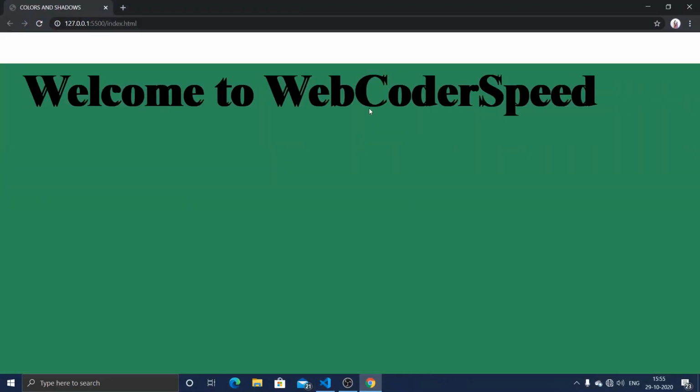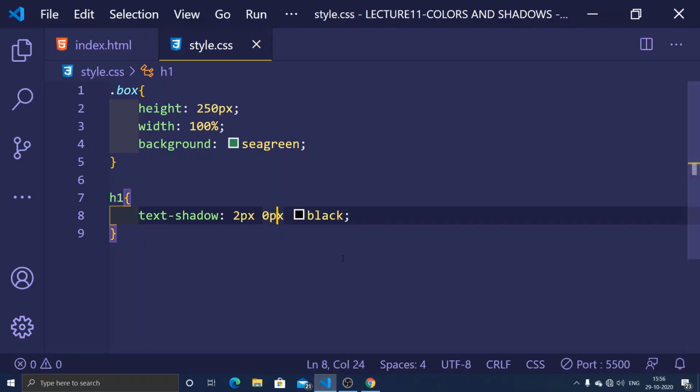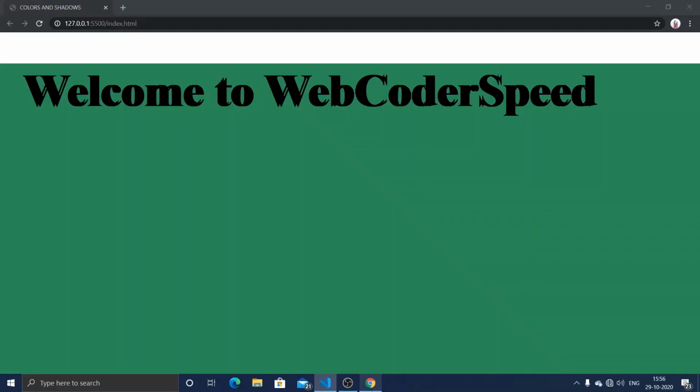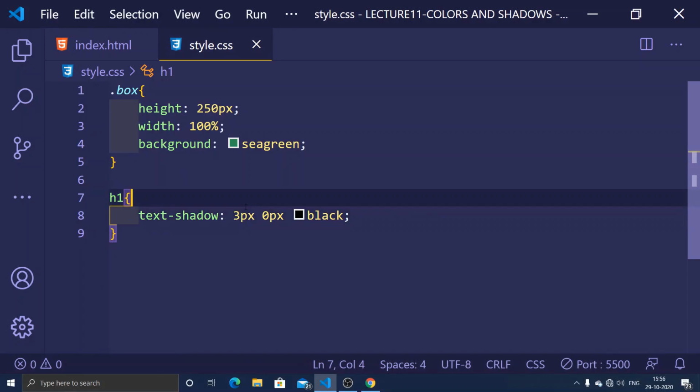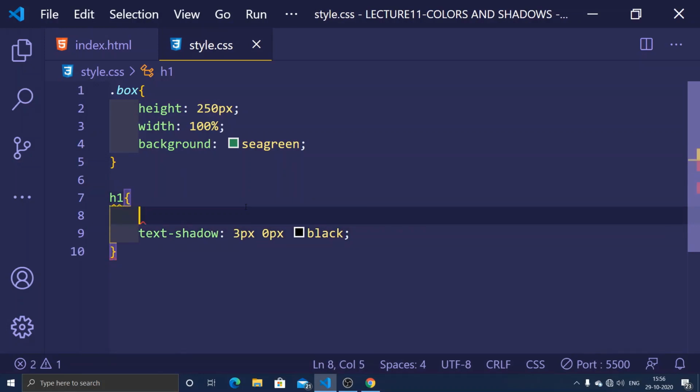Let me zoom this out for you. Okay, and now again 3 pixels will be wide enough. So you can see over here, first of all, if I just comment this out, I can write text-shadow over here, and inside of this the first one is for horizontal, means it is going to take the horizontal value, and the second one is going to take the vertical value.